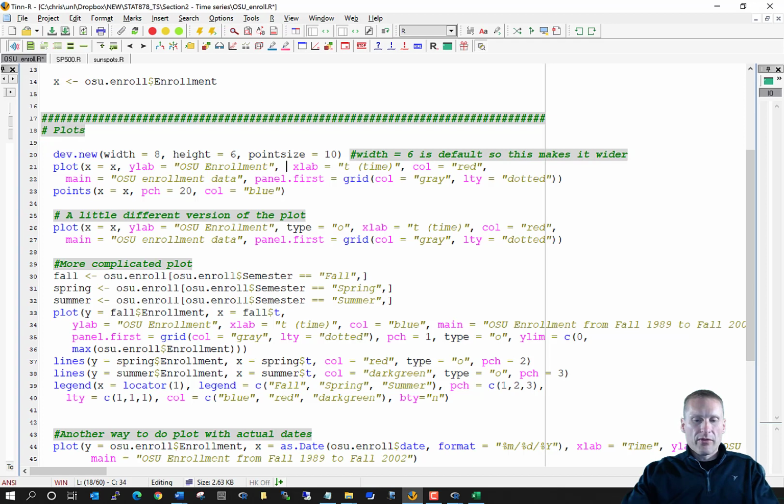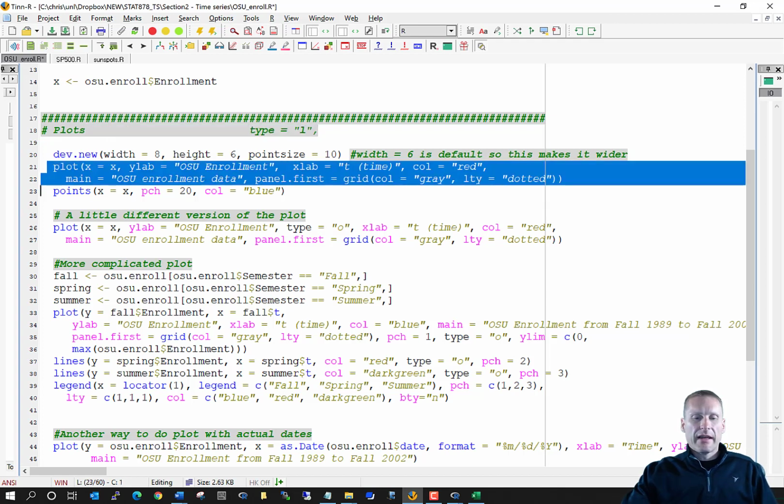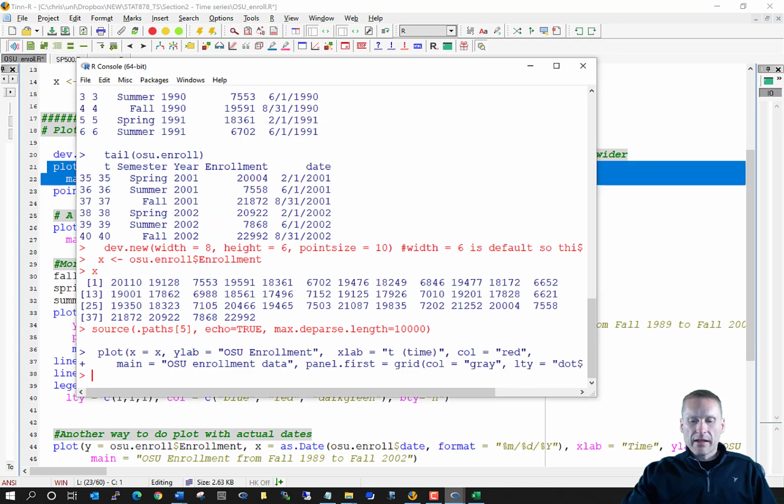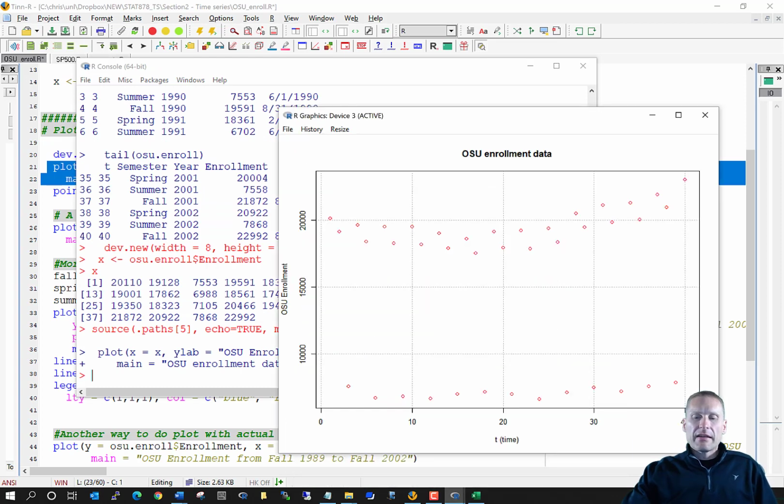I'm going to remove that for now. And let's go ahead and plot. And bring up my actual plot. And here we go. So there's a plot of my data. Unfortunately, though, that's not good enough. We have these data points, and it's kind of hard to see necessarily what's happening over time. And we have some general ideas. But what will really be helpful here is if I could, let's say, draw a line between each of these data points so that I can better see corresponding trend that may be occurring.